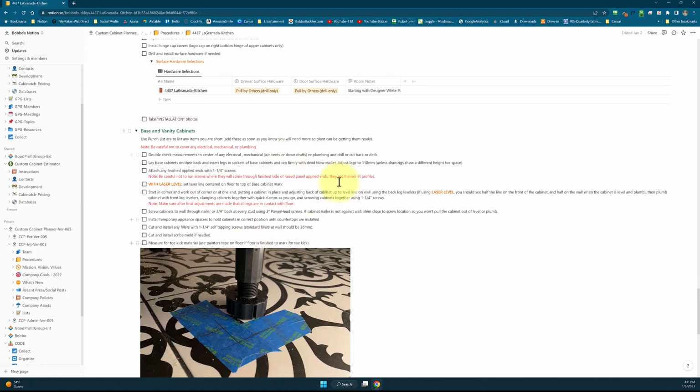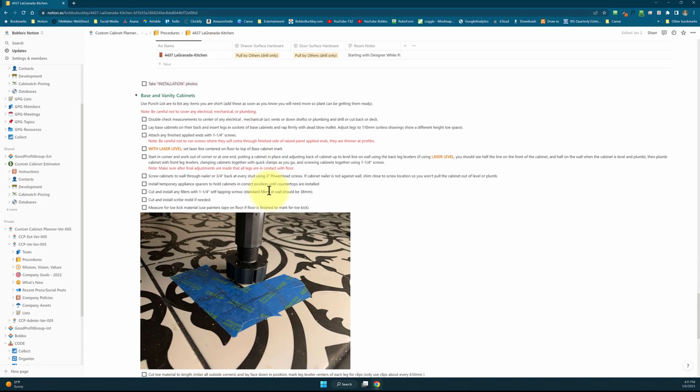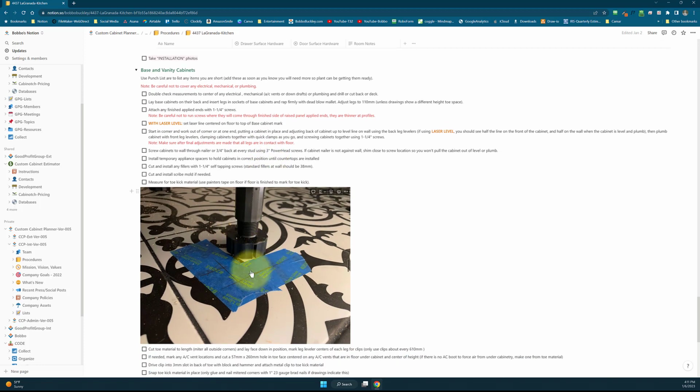Base cabinets is just kind of the same thing, talking about leg levelers as opposed to the suspension system. But again, you can see we've thrown a picture in here. This is describing fairly well how we identify where we're going to cut the toe kick material that goes around those legs. So if the finished floor is down, whether that's hardwood or whatever, we use blue tape so that